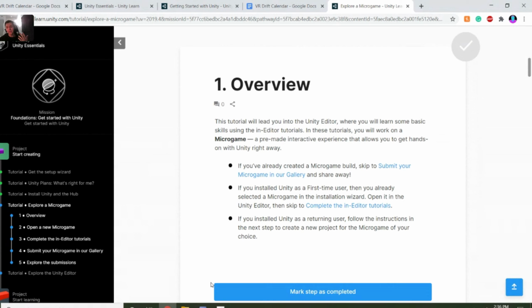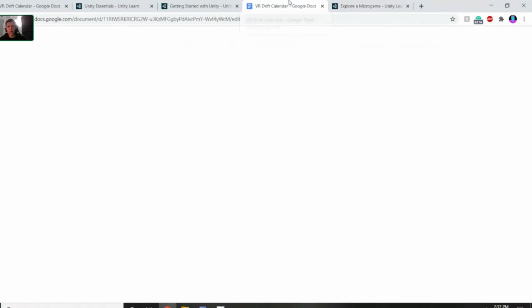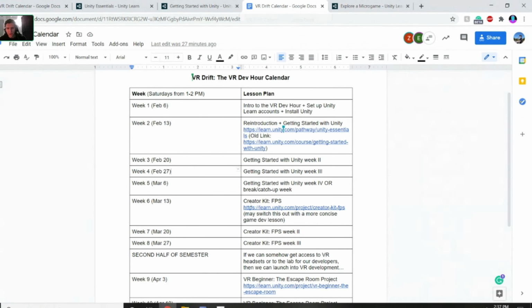So for someone like Zaid, who already has tried his hand at Unity, this is basically going to teach you everything that you know already about the Unity editor, like the different parts of the actual editor, what you can do without code using the Unity editor. If you're already familiar with some of this, feel free to just follow along or even skip it and pick up